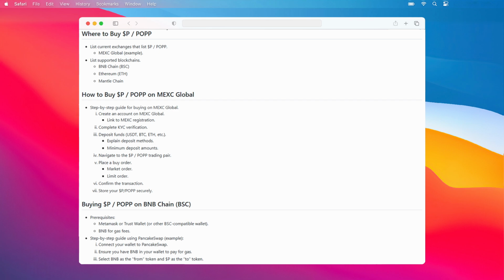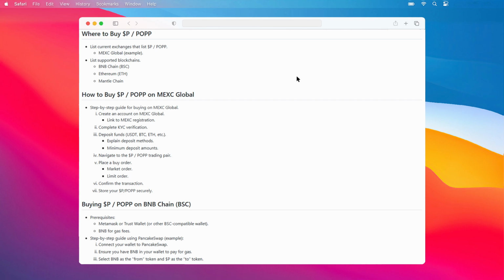Let's go through the process of buying $P on MEXC Global. First, you'll need to create an account on MEXC Global, and there's a link provided to make registration easy. Next, complete the KYC verification process. After that, deposit funds, like USDT, BTC, or ETH, into your account, keeping in mind the deposit methods and minimum